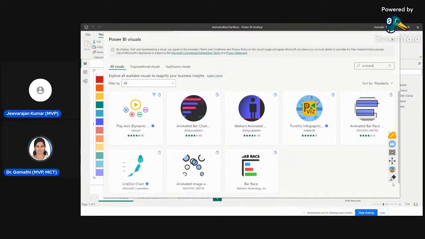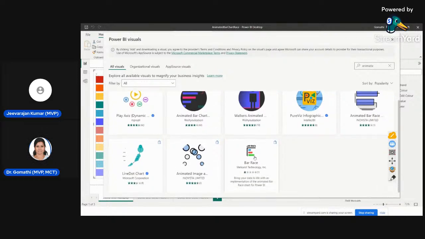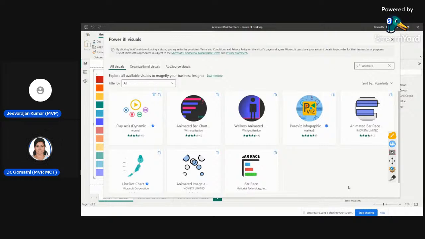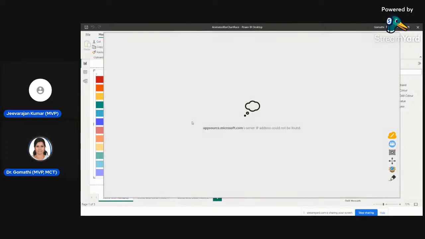Because here we have nearly 42 ratings, and in that we have a 4 star rating, but here we have only one rating, so I don't want to go with this. And in the third one, bar race, you have only one rating, and that too only one star. So you have to choose the better rating, as usual, like how we choose while ordering food or anything: we see the rating and stars. So I just used this animated bar chart race. If you click on this,